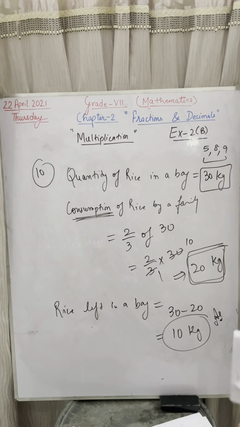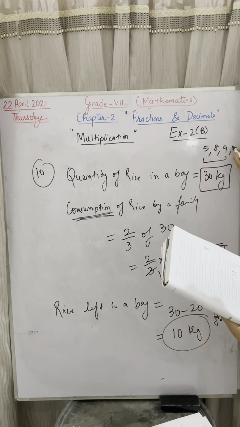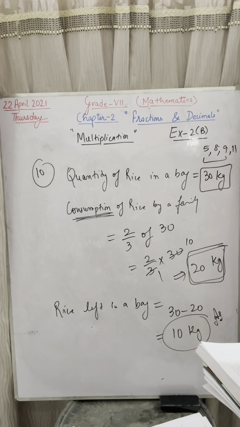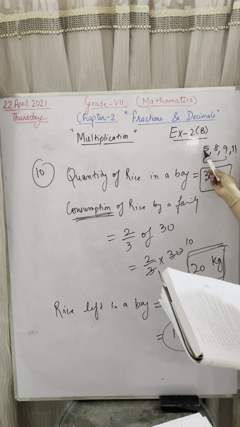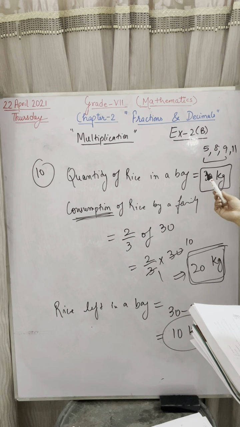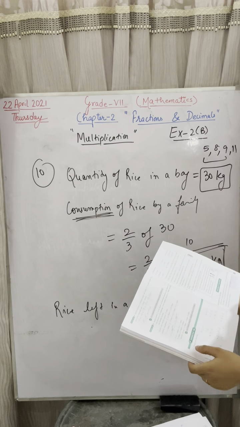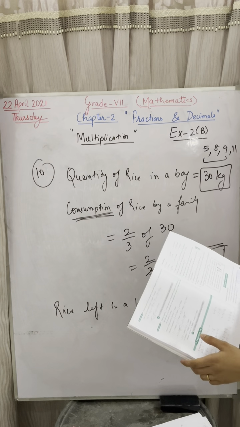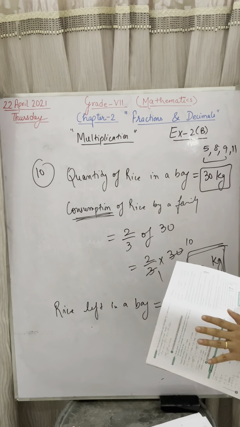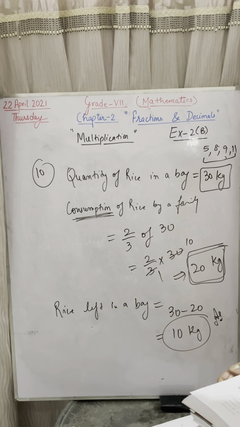Okay, now you can mark one more question. The 11th question is the same as this. So today you have to solve questions 5, 8, 9th and 11th. These are the word problems. And some questions I have given you for homework, that is, some parts of the first, second and third questions. Those parts are very, very easy. And these are the word problem questions, 5, 8, 9, 11.